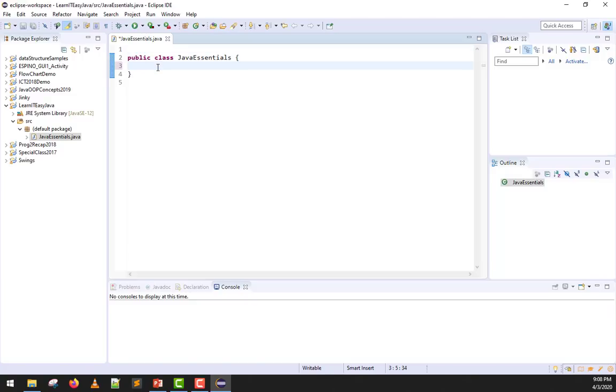So, gagawin ko na yung aking main method by doing public static void main, and then we have our string and then args. So, if nag-iisip siguro kayo kung para saan yung mga tinatype natin ngayon, yung public, yung static, yung void, they will be explained later on sa mga susunod nating topic. Pero for the meantime, this is the basic structure of a Java program. We have a class, this one, then we have a method. Next is, gagawa lang ako ng print out na